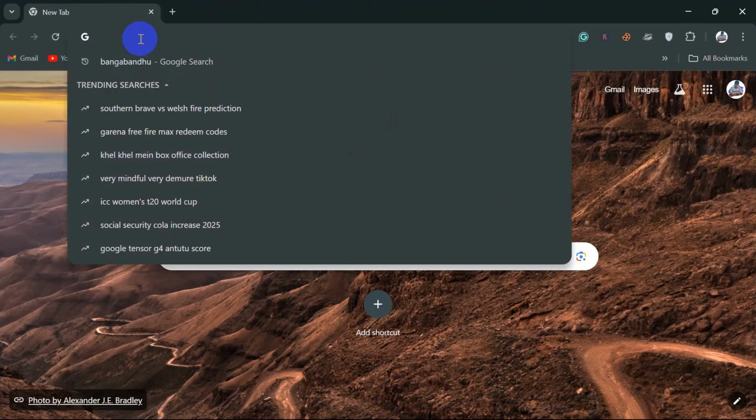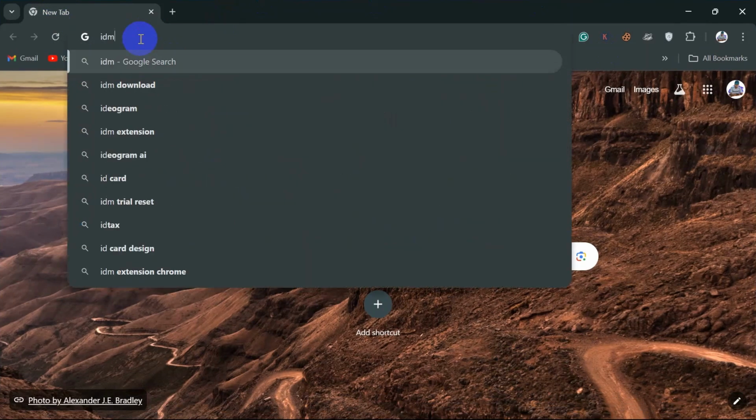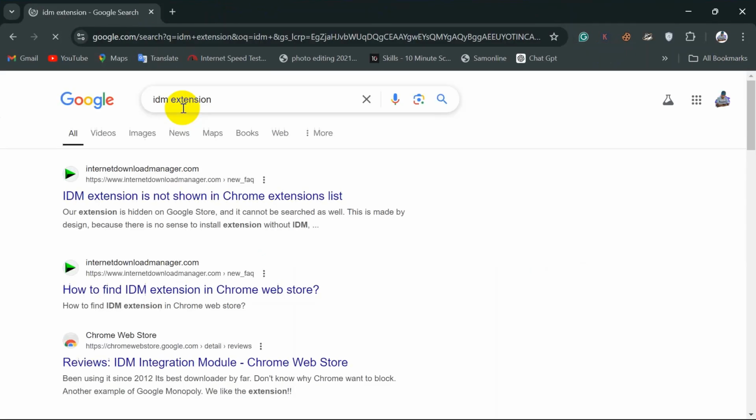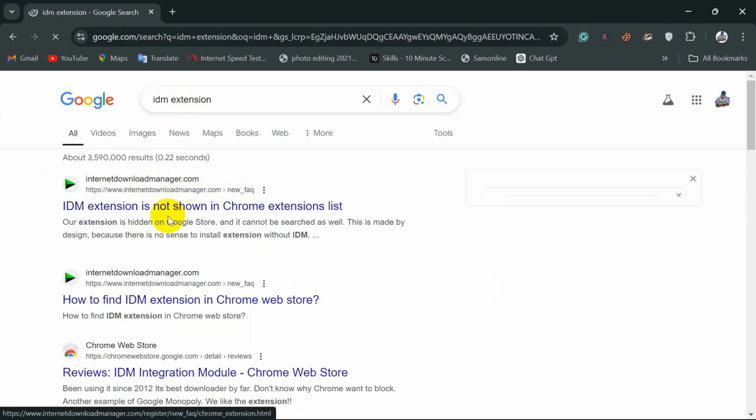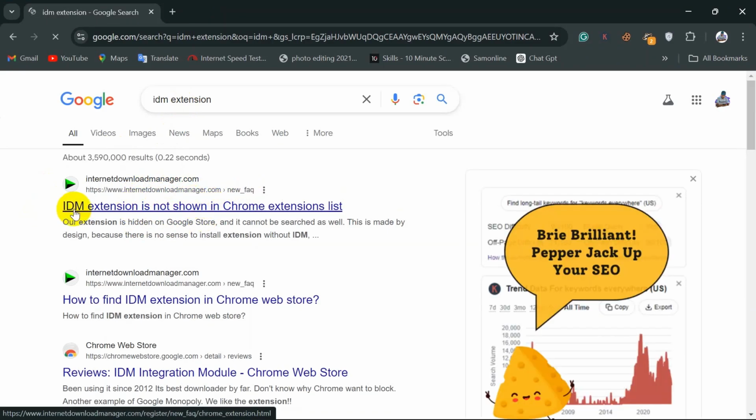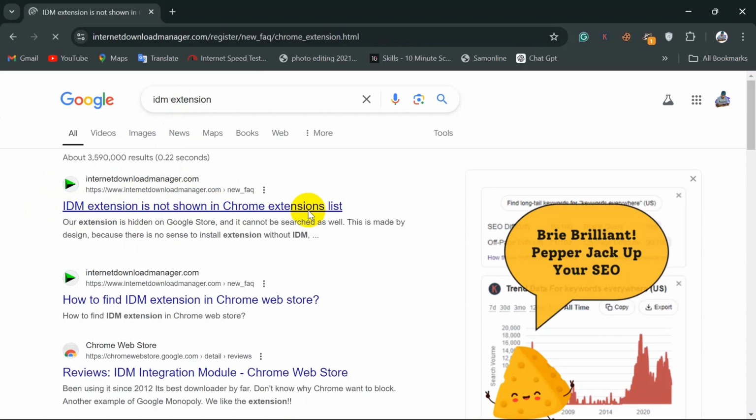So first I am going to search for IDM extension over here. You can see here is the IDM extension. If we click on that, you will get a link called Internet Download Manager. Click on the first link called IDM extension is not shown in Chrome extension list. If you click on that,